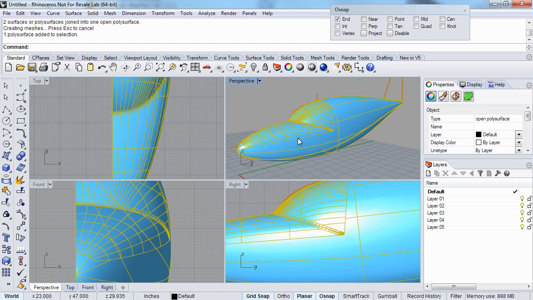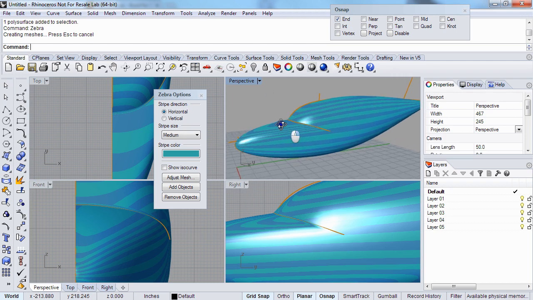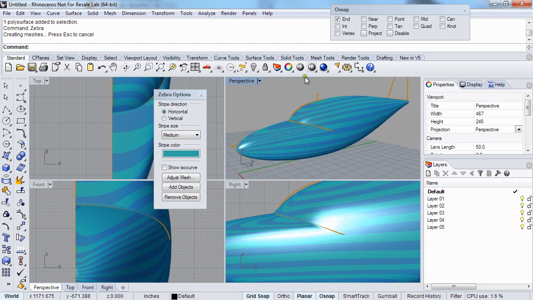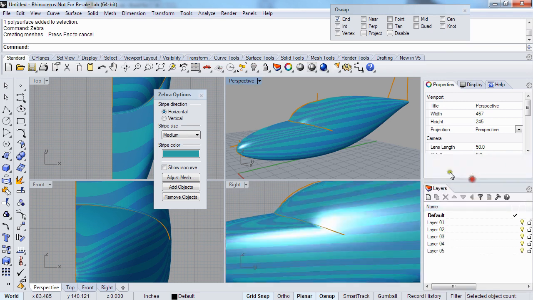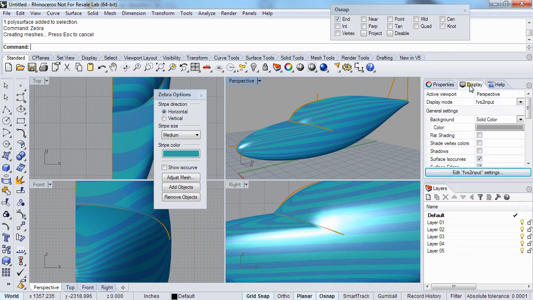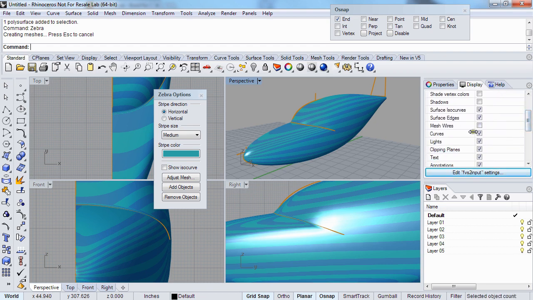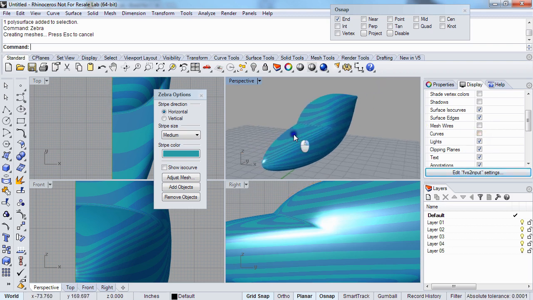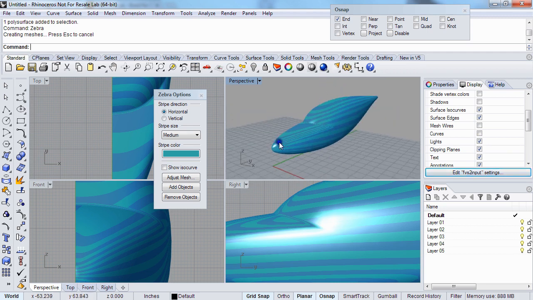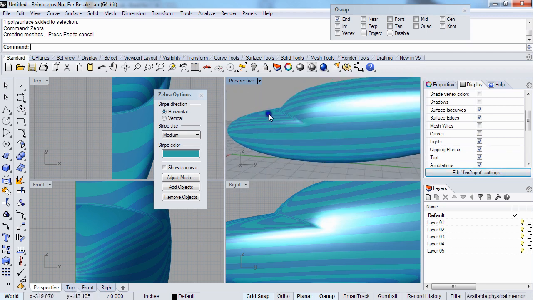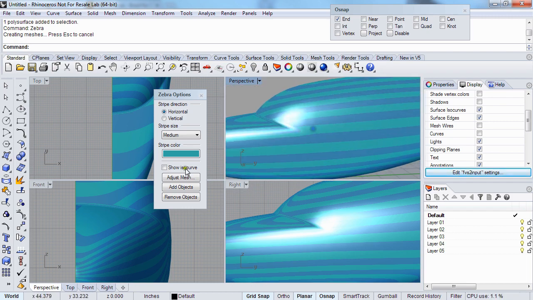All right, how does that look under zebra striping? And let's hide the curves. One of the handy new tools in version 5 is the view settings that let you customize your view options without having to go and change them in the tools panel. And we can take a look at that, and that looks, from a distance at least,